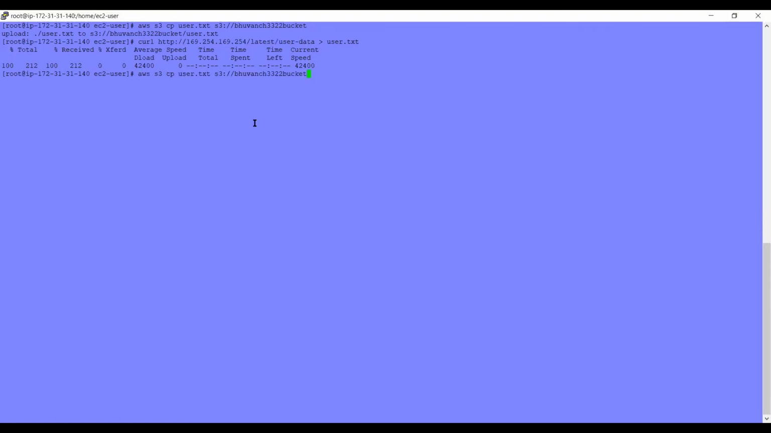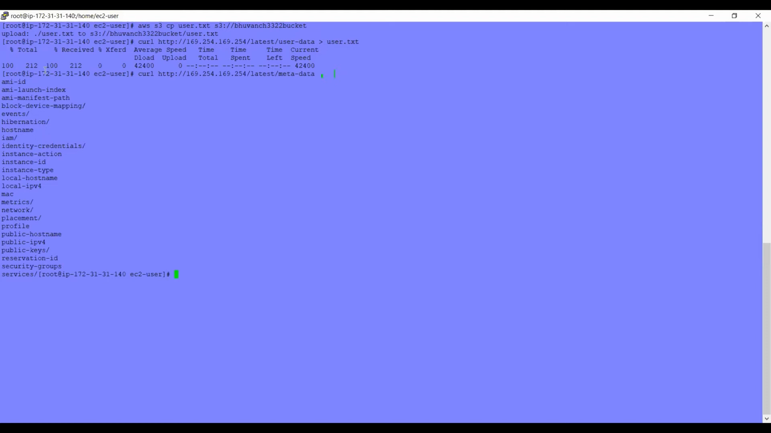This one, you can see there are a lot of fields available. Look at it. So we have AMI ID, launch index, AMI manifest, block device mapping, events, hibernation, hostname, IAM roles, identity credentials, a lot of things you can find out from this metadata. MAC address, metrics, network, placement group, profiles, public hostname, public IP, public keys, reservation ID, all these things you can find out. Okay. So let's say if I want to see slash